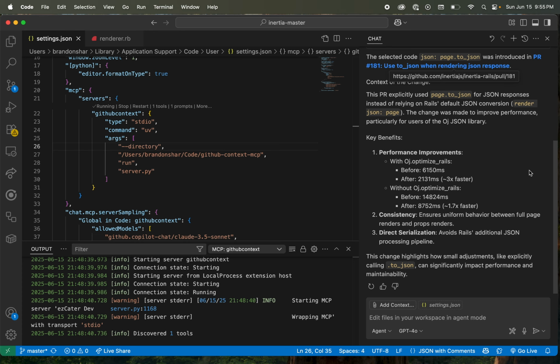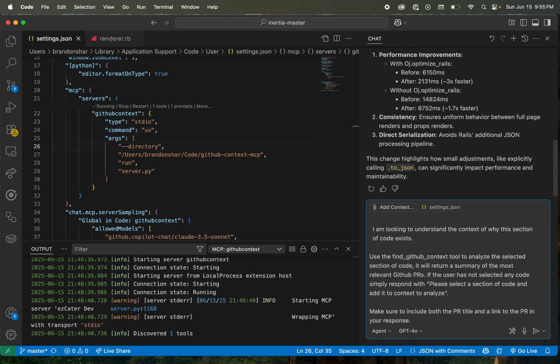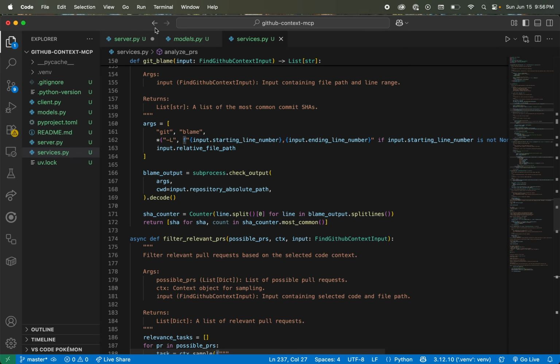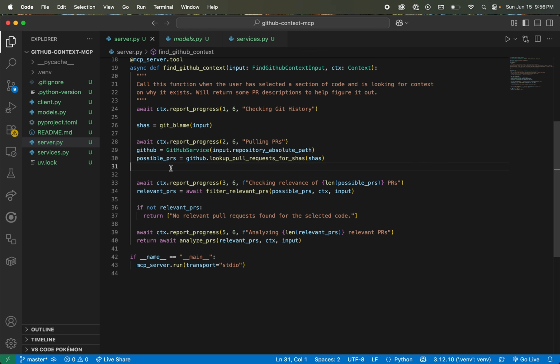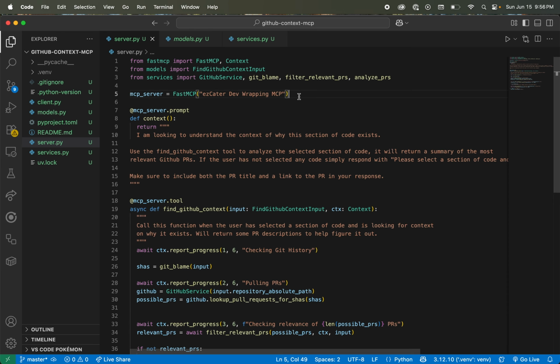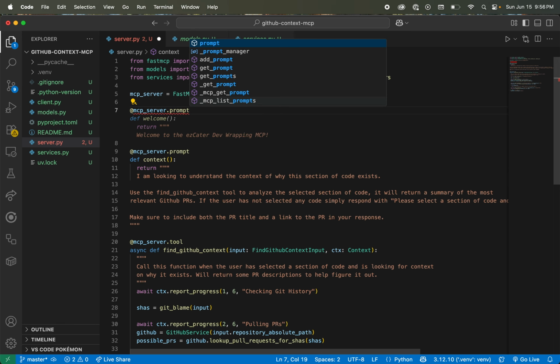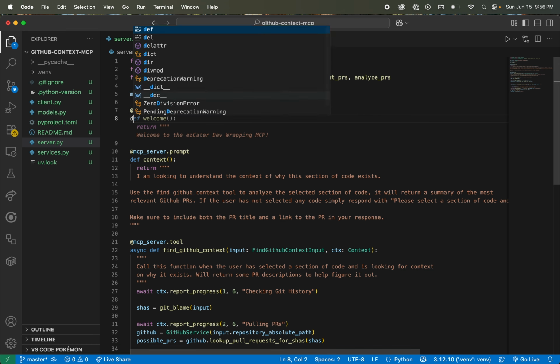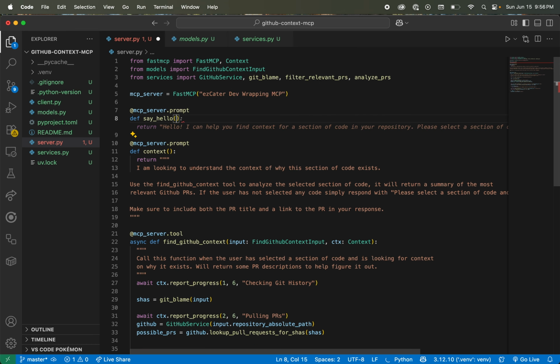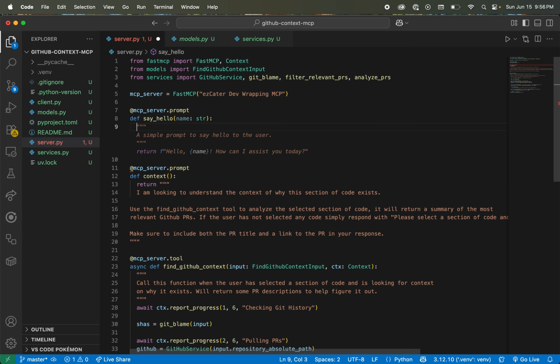And I just talked about sampling for several minutes, so I don't want to get lost in how cool prompting is. The idea that I can give instructions. And just to give a quick example, in this one, the prompt doesn't take any inputs, but this is pretty cool too, is you can actually give inputs as well. If you say MCP server, let's add a prompt, and we just say say hello, and let's add an argument to this one. That's kind of a weird thing to say as a prompt. My name is